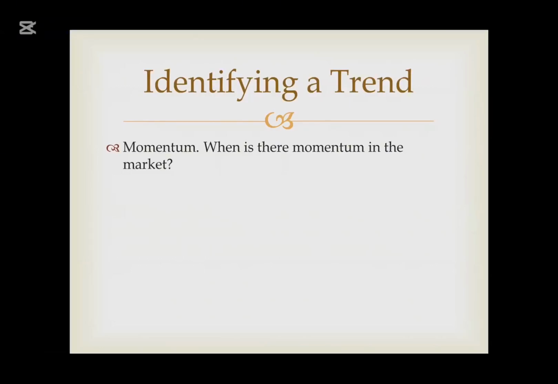Asia comes into the market around 7, 8 p.m. Eastern. What happens again? There's momentum in the market again. There's a trend, right? So what happens when Asia goes home and London comes in the market? There's momentum again, right? So now you have 3 times to trade: New York, Asian, and London. Because when these 3 guys are in the market, there's volatility, there's momentum. And when there's momentum, there's a trend,